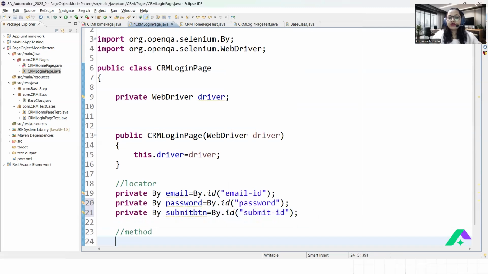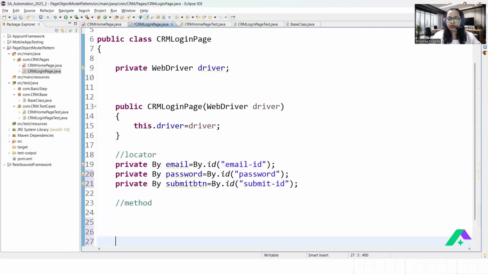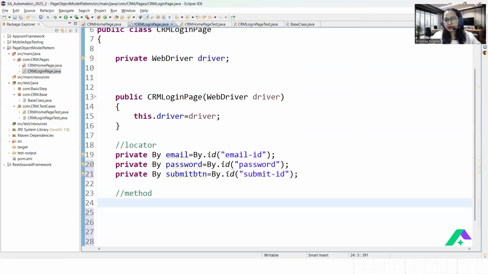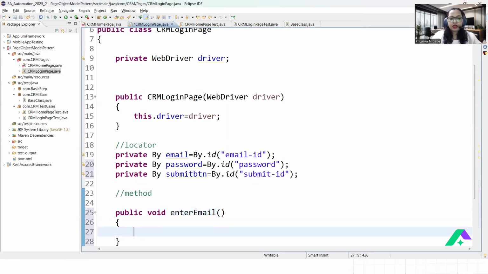Done. So guys, for every step you can maintain a separate function. It is up to you. Suppose at this moment I'm going to write public void. So the first step is enter email. I can write in this manner, enterEmail. And this step is only responsible for entering the email ID. So what email ID has to be entered? You need to pass it here as an argument. So I'm writing String